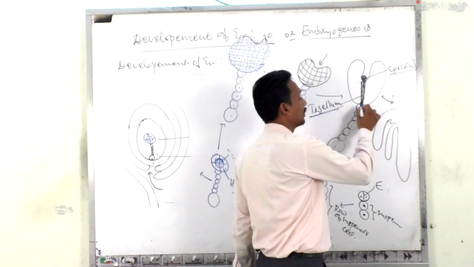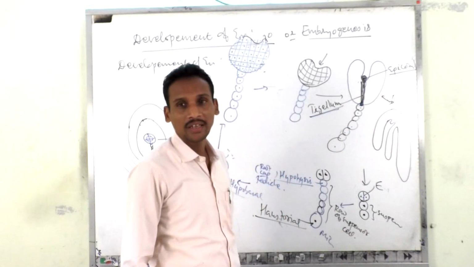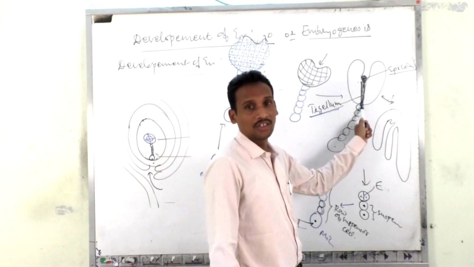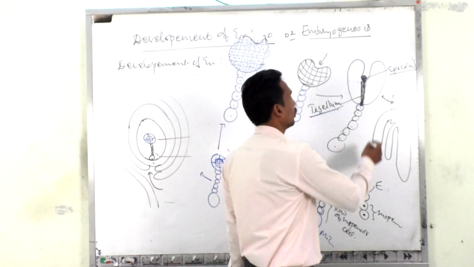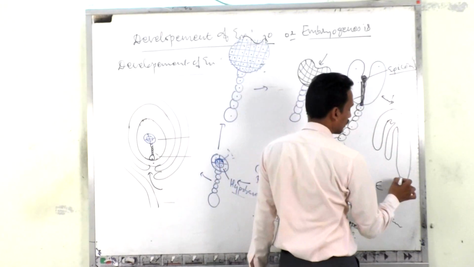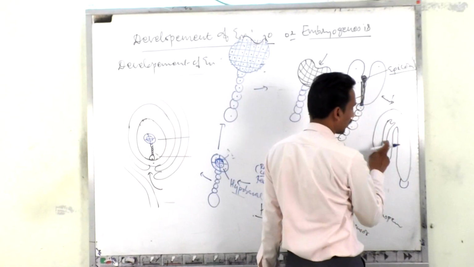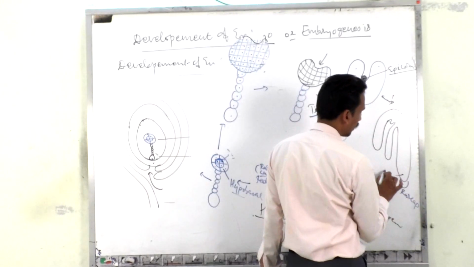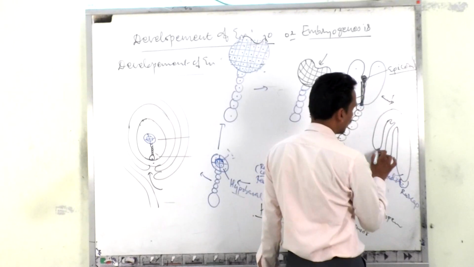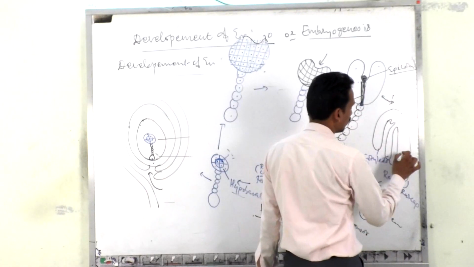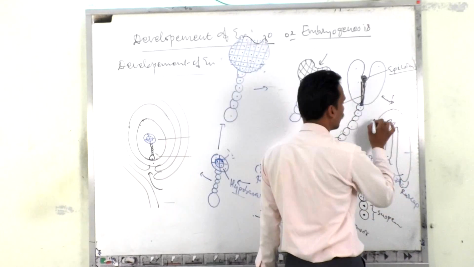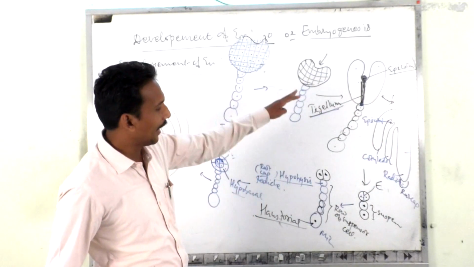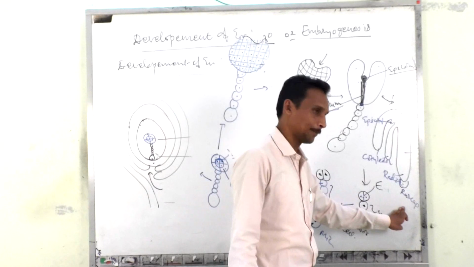At the base there is the presence of the initials of the, what do you say here, the radicle cells. This is the root cap which has been produced there. So these are the two cotyledons. So whenever you observe this fully matured embryo, this is a dicot embryo. Here this is the root cap. This is the radicle. अब ये हो गया हमारा radicle. These are the two cotyledons. This is the embryonal axis, and here this is the epicotyl. अब ये है हमारा epicotyl. In this way, you can observe the fully matured embryo.